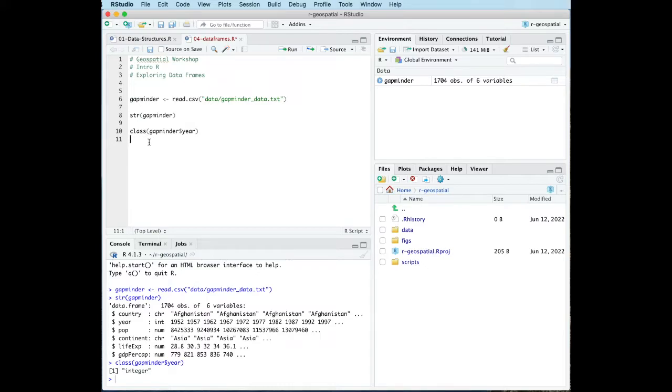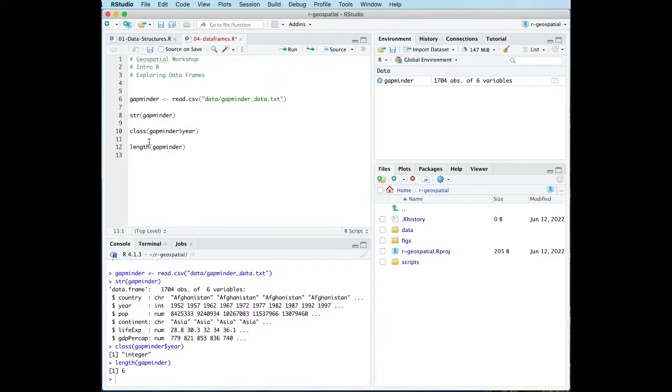Another common thing we might want to look at, it's also included in structure, but sometimes we specifically need to grab the information about the length of the data frame, so how many rows are in that particular data frame. And so sometimes we need that for other parts of our code that are dependent on the length. And so we actually have a specific command that will tell us the length that's called length. So if we say length of Gapminder and press enter, it'll tell us, that is actually giving us the number of